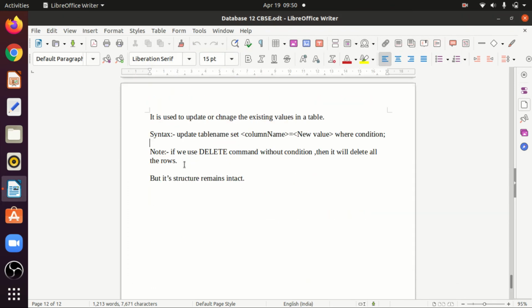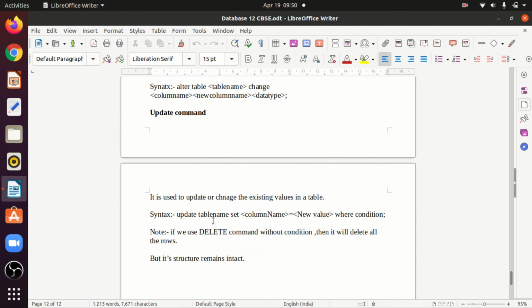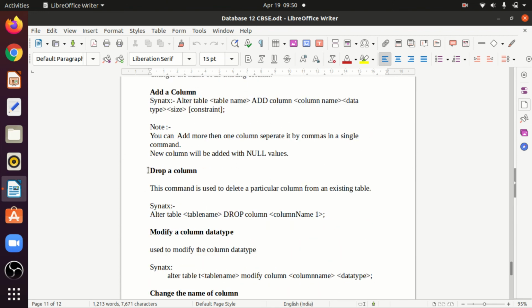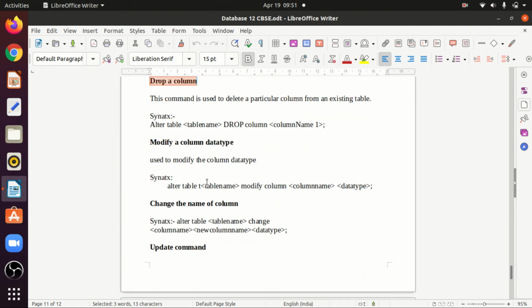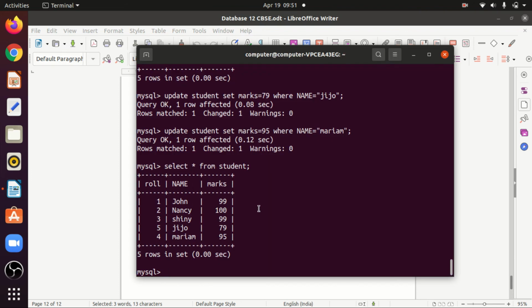So you can also delete a particular column. Or you know how to delete a particular column. For that you have ALTER, and there is DROP a particular column. You can use this drop in an alter command or alter query. In that case you can drop a particular column. But what if you want to delete this complete table? If you want to delete a complete table, what will I use? Delete student.